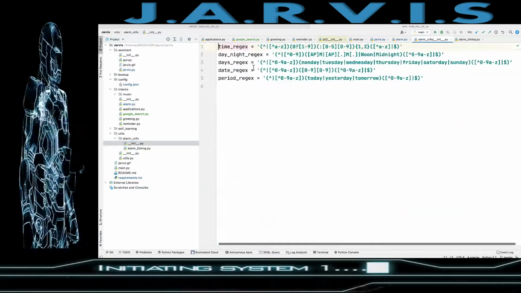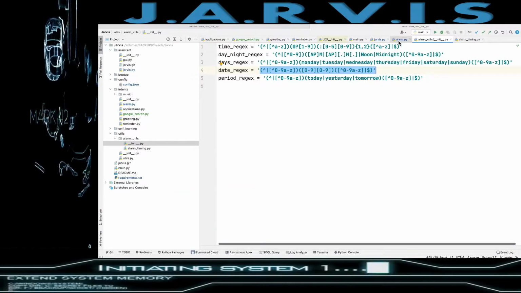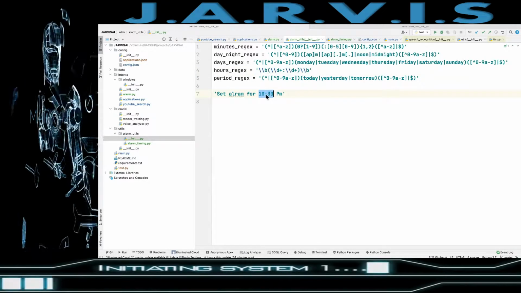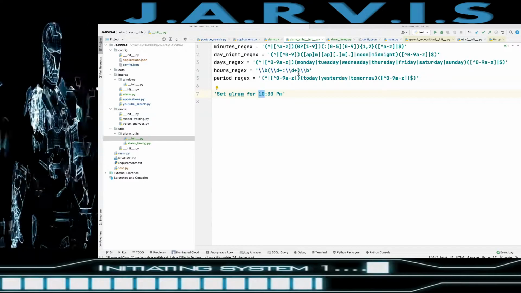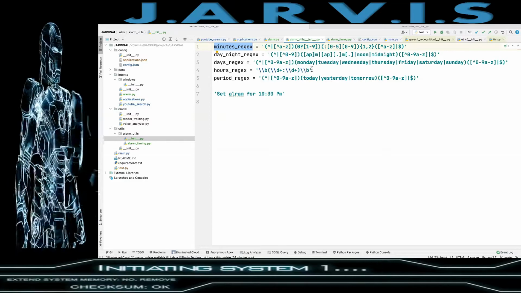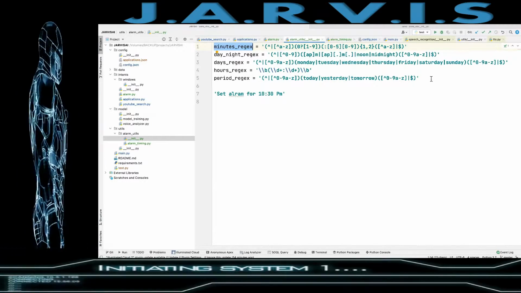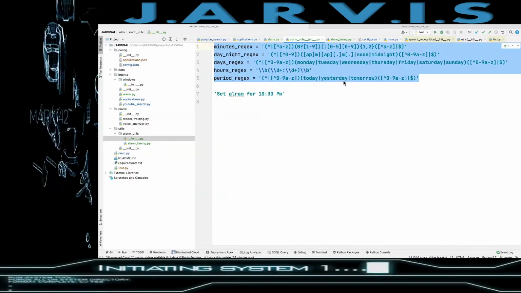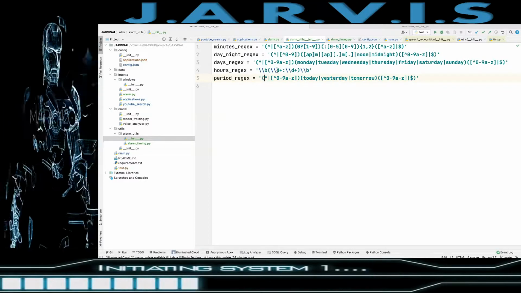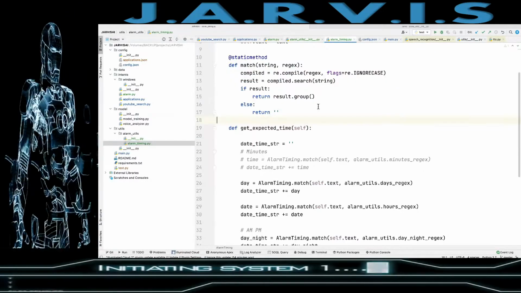alarm here, you can see this is the very long one. So why have I done this? It will give you like this. Earlier it was just giving this. So I have updated this and I have uncommented this one. But yes, you can have it, or you can modify. If you know basics of regular expression, then you can easily modify these regular expressions. So let me just delete this, and I am checking all these regular expressions here in alarm timing.